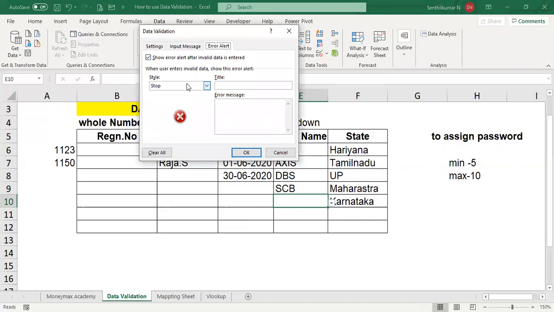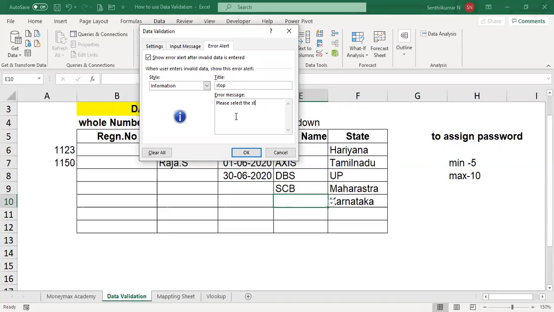You can go to error alert. You can choose stop, warning, or information if you don't want to be harsh. So we can give information. What is the title? We want to stop. Now please select, you can use proper case instead of capital letters.